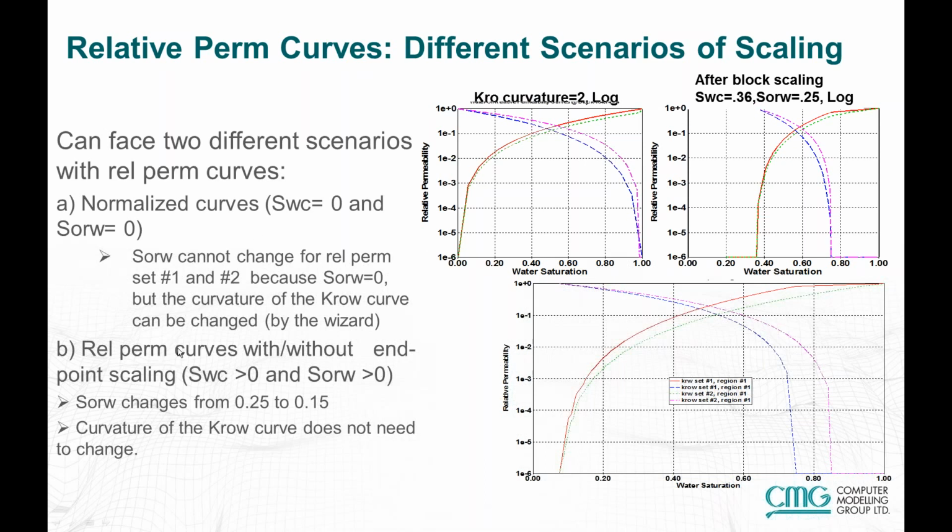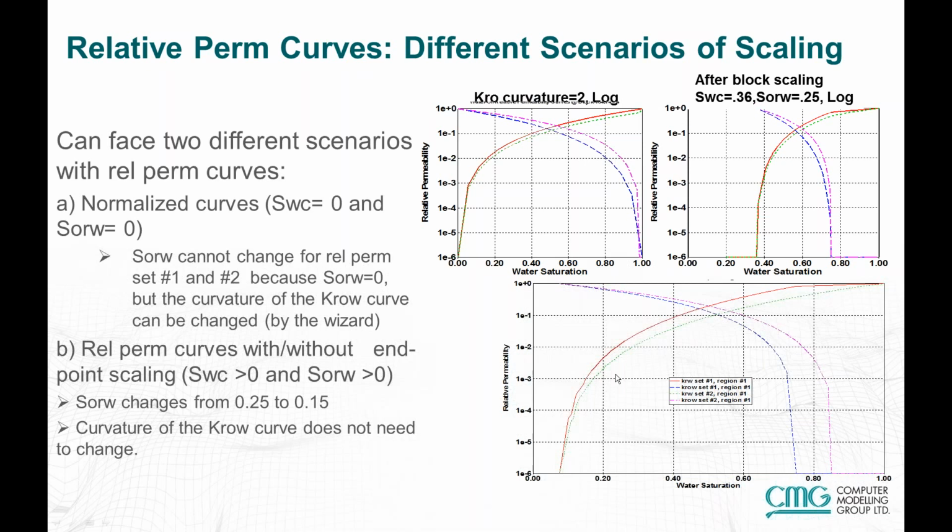Now the second scenario is when we do not have normalized curves, and that's more or less the preferred method. You can still have block endpoint scaling, but with non-normalized curves, in other words, SWC greater than 0 and SORW greater than 0. So this plot down here on the bottom right is showing how we just change, in this case, the SORW from 0.25 to 0.15. We don't have to change the curvature,